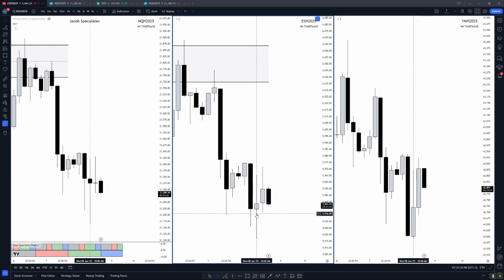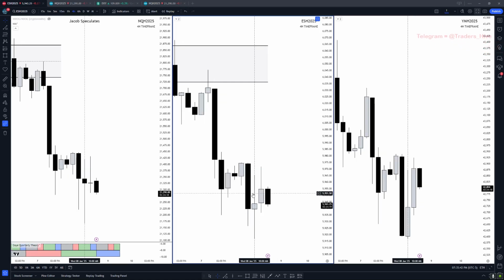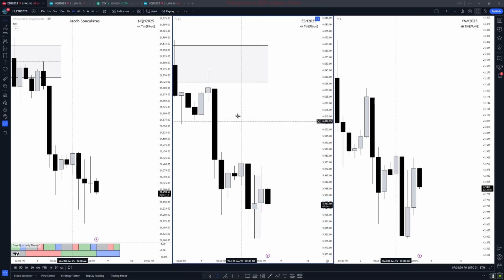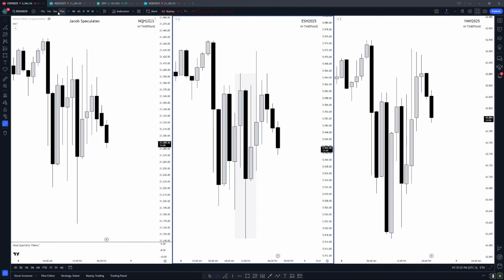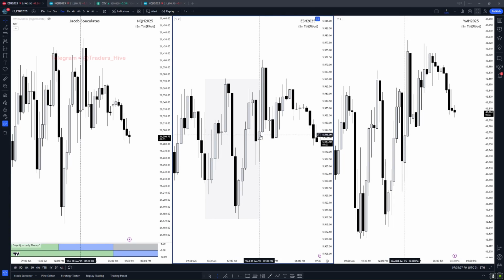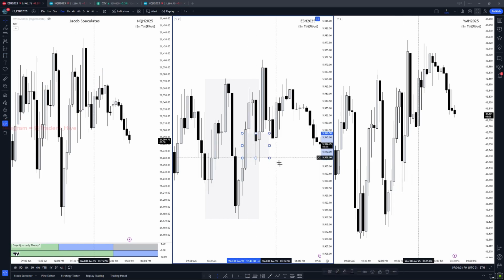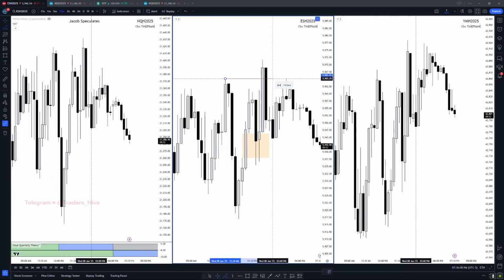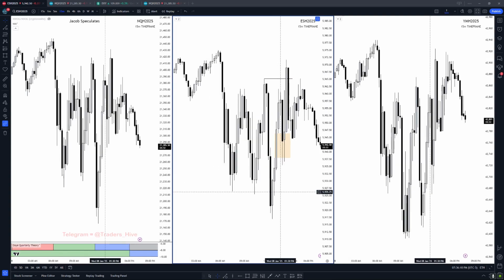So I'm assuming you're talking about this 4-hour TPD. So since this formed at 10 a.m., it is lower probability. But after it closed, if we mark out that entire range, and then go to the 15-minute, as you can see, as soon as the 2 p.m. candle opened, it was trading inside of a fair value gap within the TPD, and you could have taken a scalp targeting this high, but it was low probability.